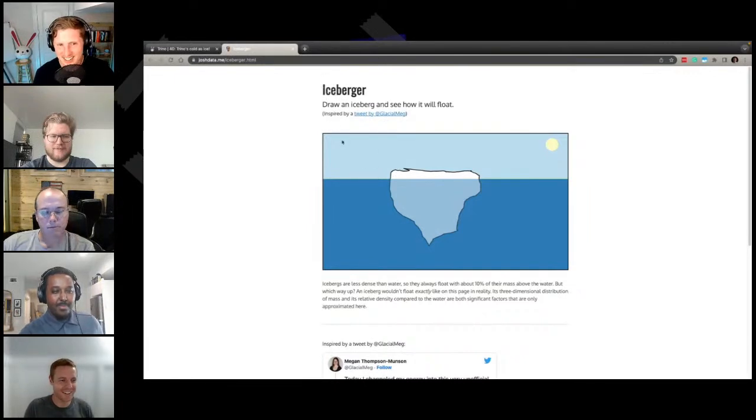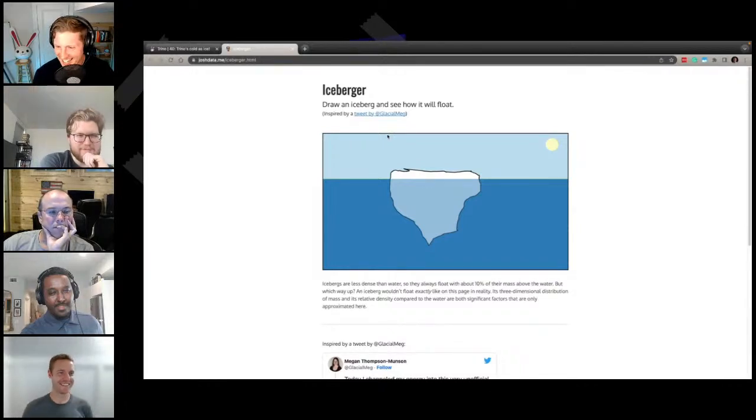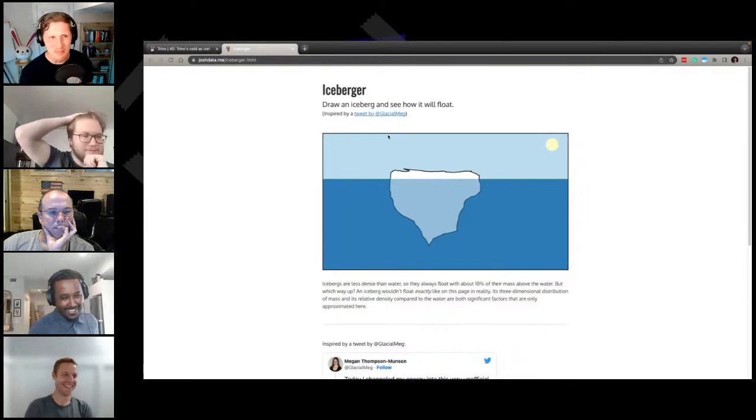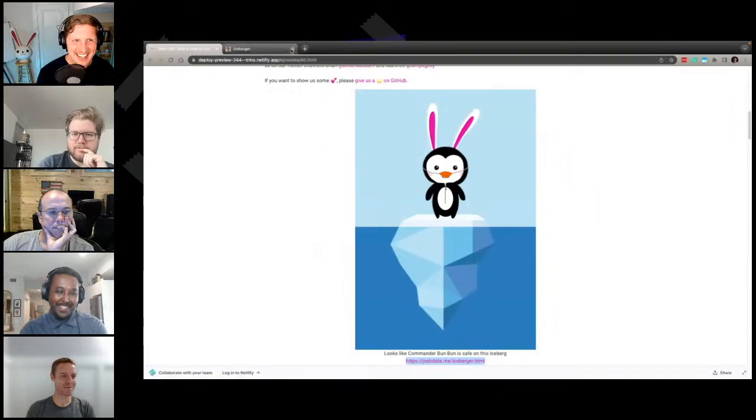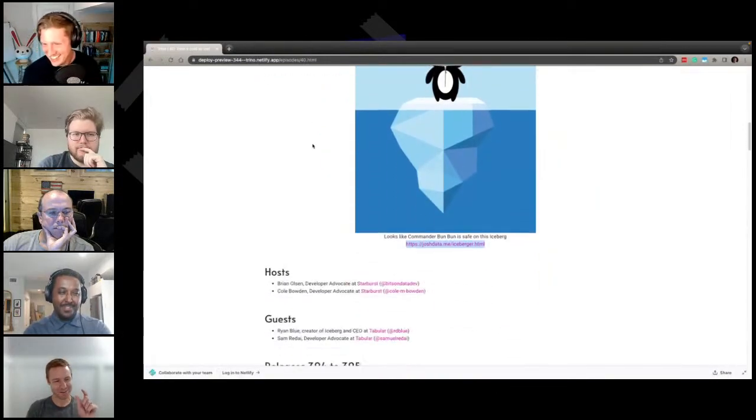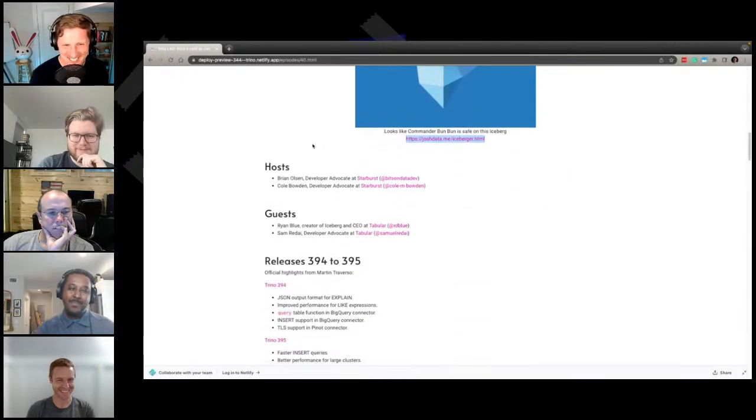So yeah, fun fact is that that's why we chose Iceberg. The connection is these icebergs are called tabular icebergs because they're flat like a table on top. So the connection is tabular iceberg, and then we stole that idea for Tabular, the company, as well. So that's why we call it Tabular. And does it also keep your data afloat? Have you tried to pull some sort of metaphor there? Oh, there is definitely a metaphor there about how you only touch this much of your data, but there's a lot of it. Yeah. Awesome.